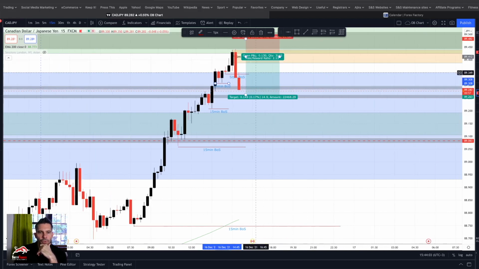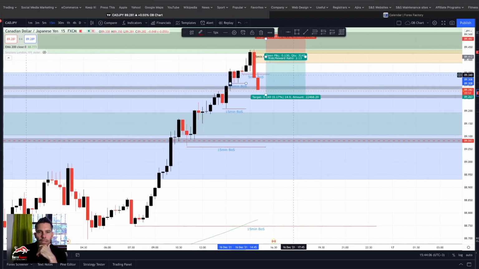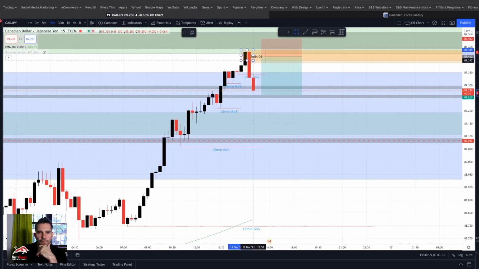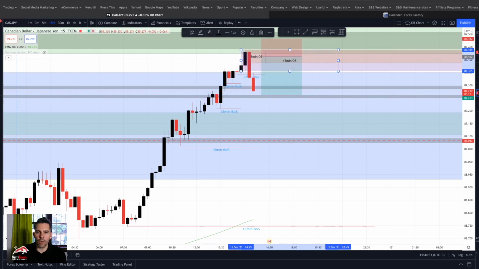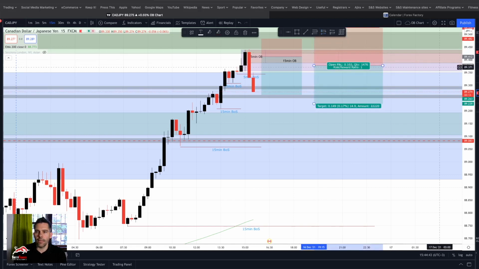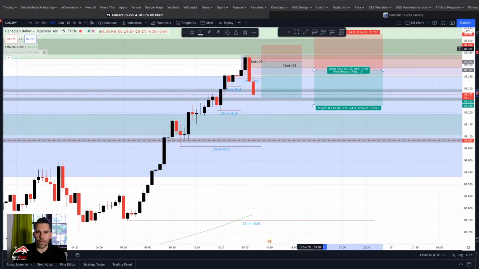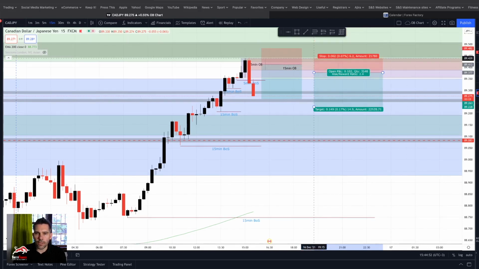Now we have got a break of structure, and I think I'm also going to go for a 15-minute break of structure here. I mean a 15-minute OB. So I'm going to do this as a 15-minute OB, and I just want to mark up. I'm going to do something like that. So we get picked up hopefully a bit earlier, and then this, I'm going to say, so that is 6.2, so I'm going to go to about,